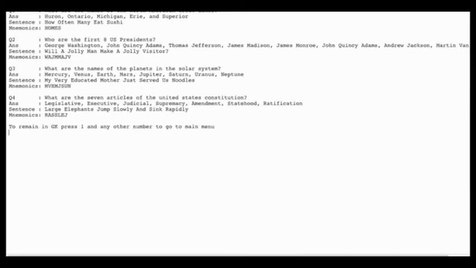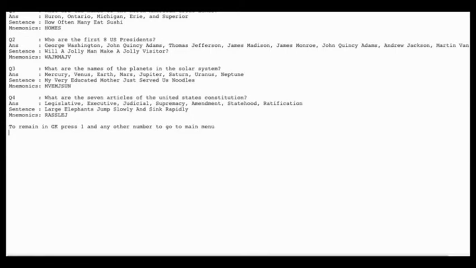So now let's go back to the GK menu, and the third option is the mnemonics one. So you can see now again, if I go to the second question, it has displayed me the original answer, it has displayed me the sentence, and it has also displayed me the mnemonics. So this is nothing but I have picked up the first letters of the words of the sentence and then constructed a word from it. So now by remembering this word, you will get the first letters of the words of the sentence. So you will get the entire sentence, and from the sentence you can easily pick up the answer to this question. So this is how the GK menu works.